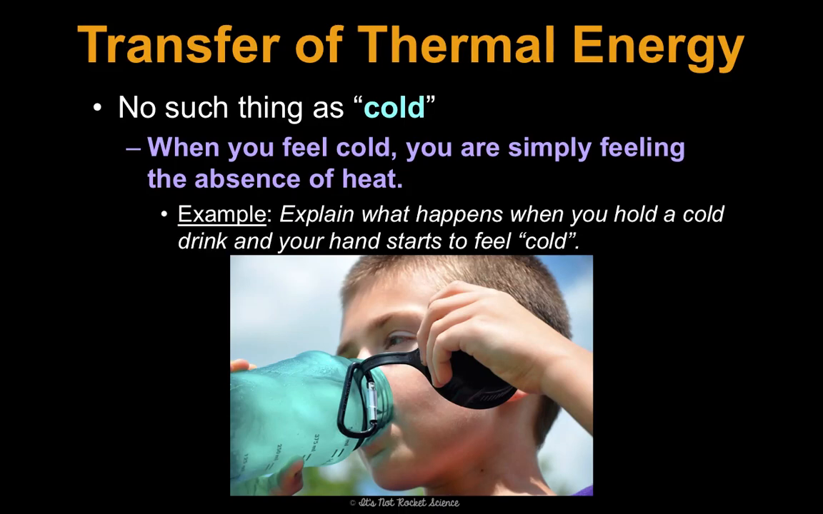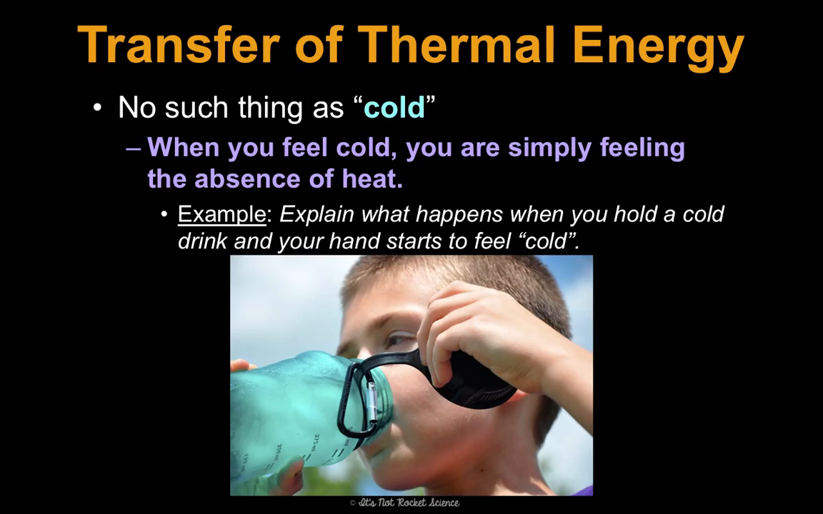So, for example, explain what happens when you hold a cold drink and your hand starts to feel cold. So let's say you're drinking Coca-Cola and you're holding that can and your hand just starts to feel so cold. All right, this isn't because the cold on the can rubbed off on your hand, because cold isn't a thing. What happens is that heat moves, we said thermal energy, heat, it moves from higher temperature objects to lower temperature objects. Your hand is warmer than the soda can. So heat will transfer from your hand to the soda can, and you're feeling that lack or that absence of